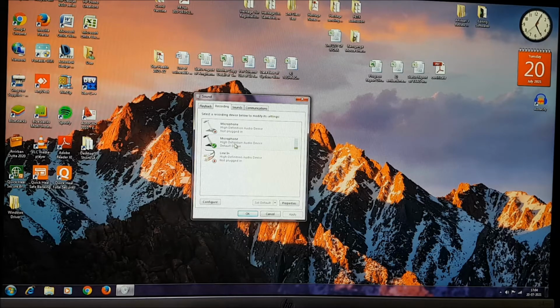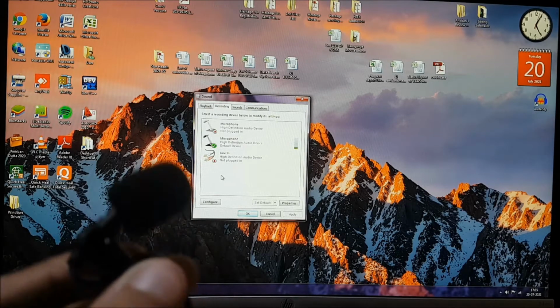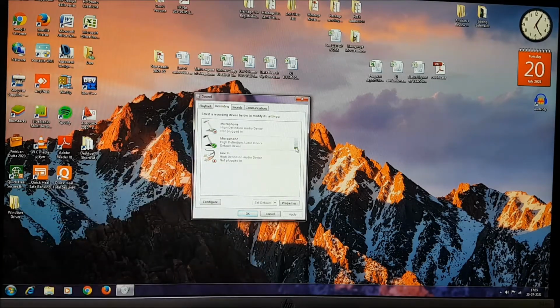After you enable it, as you can see, there is a green colored tick here, and you will also find this kind of bar here. This bar indicates, as you can see, that I am not recording using my microphone, but still as I am telling you all these steps, this microphone is receiving everything, and so the bar is going up and down, as you can see.